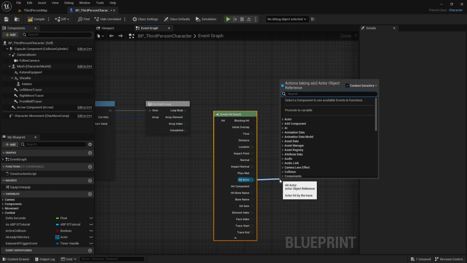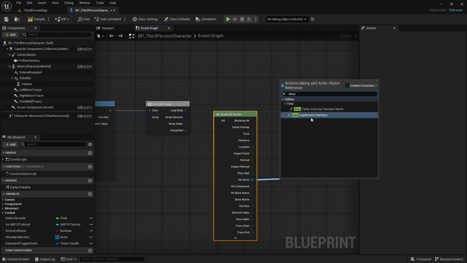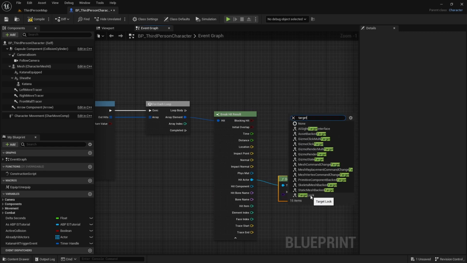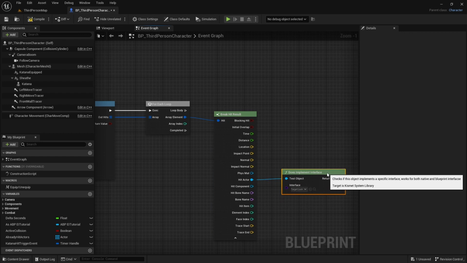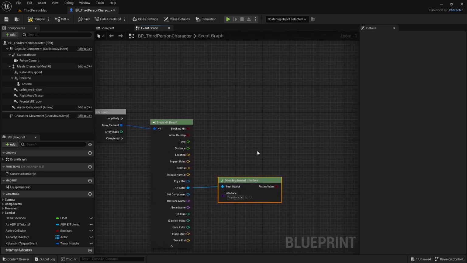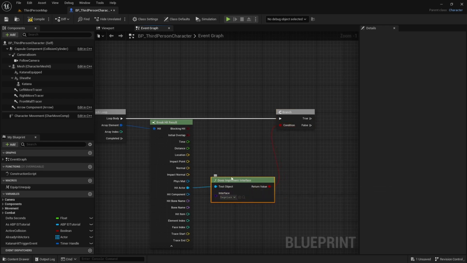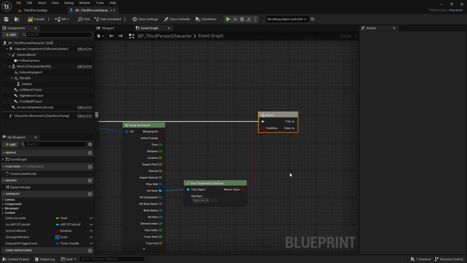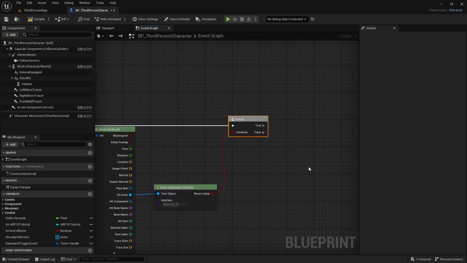Want to does implement interface, and we're going to pick the target lock interface. Then we want to add a branch in here. Connect that to the loop body. We're going to connect that to the branch. So we're going to check if it does implement the interface. So if the target lock interface is attached to that character, then it's going to do the trace for that character. If that is true,